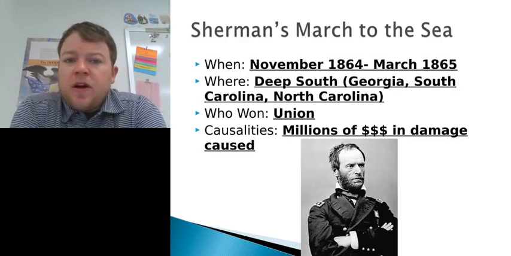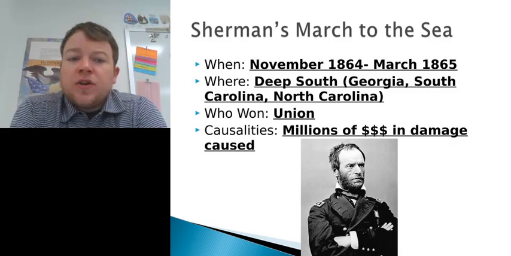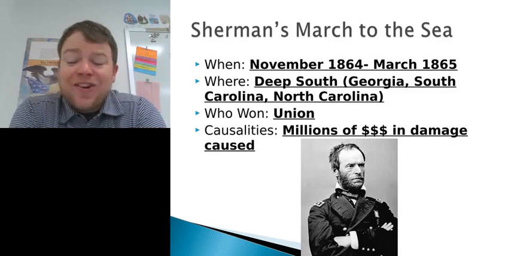Grant's right-hand man, William Tecumseh Sherman, is going to take the fight to the Deep South, in what's called Sherman's March to the Sea. He's going to go through Georgia. He's going to go through South Carolina, North Carolina. There aren't really going to be too many major battles in the March to the Sea, but Sherman is going to bring about his concept of total war,